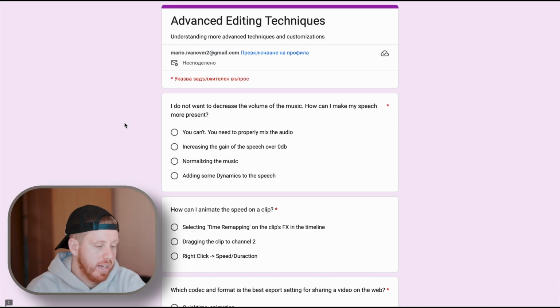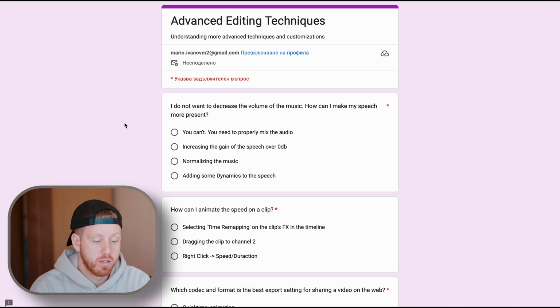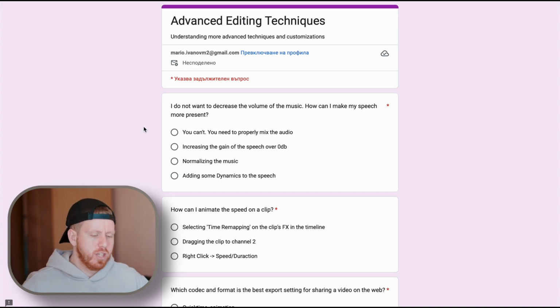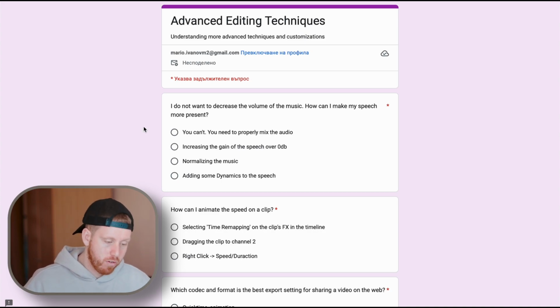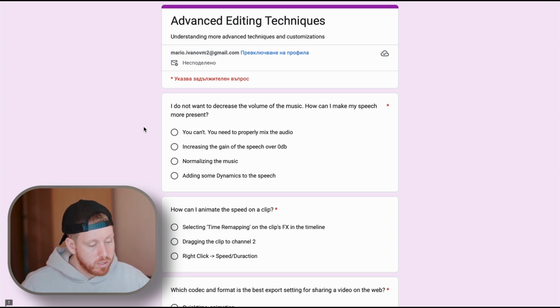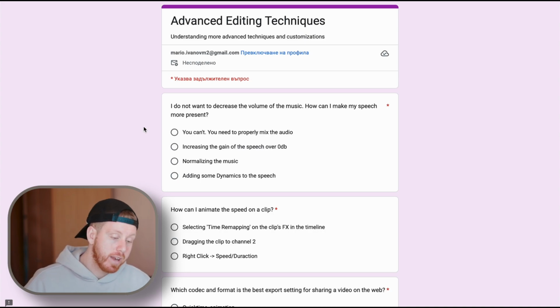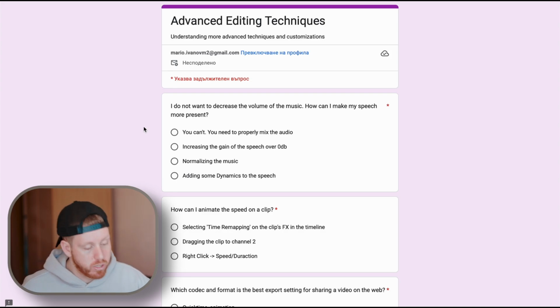First question. I do not want to decrease the volume of the music. How can I make my speech more present? You can't. No, you need to properly mix the audio. Increase the gain of speech over 0 decibels, normalizing the music, adding some dynamics to the speech. Well,